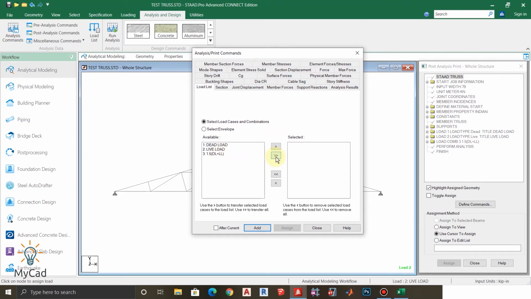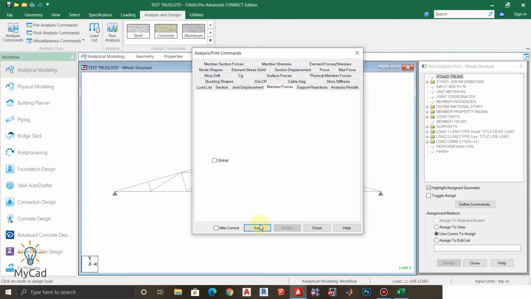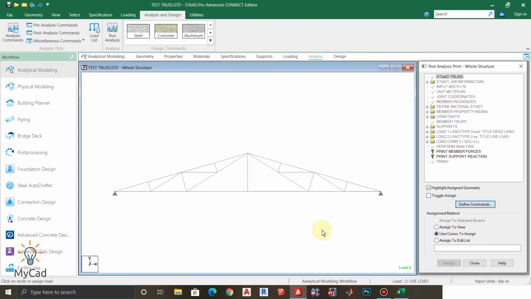Just click on this double arrow to get selected, and after that from here you want member forces of each member. Just click on member forces, click on add, and we want support reactions. So I'll just go to support reactions and add it. Now I'll close this window.